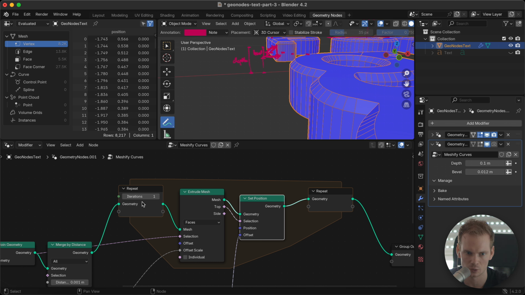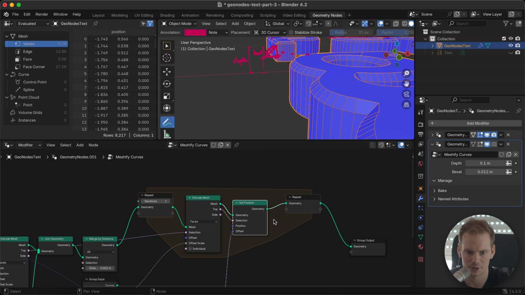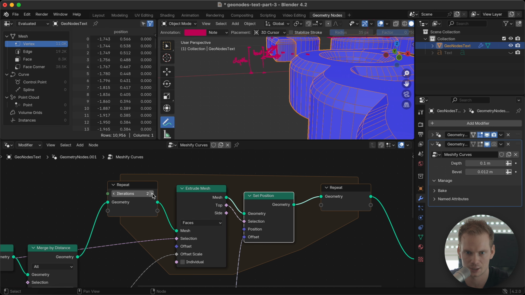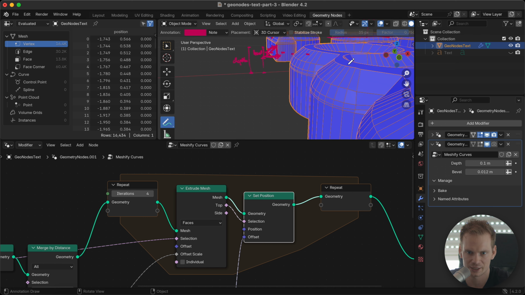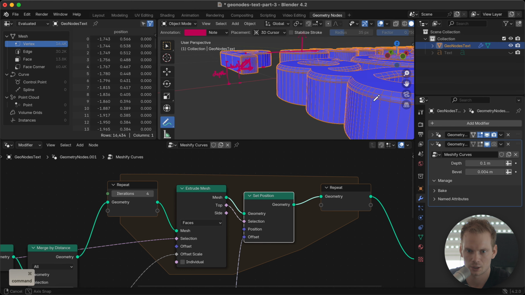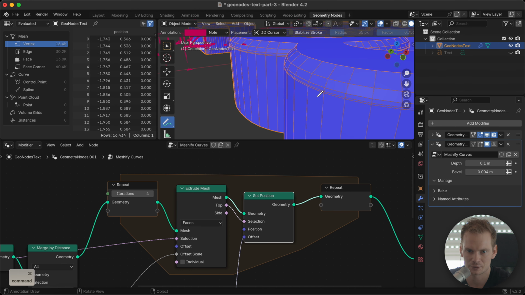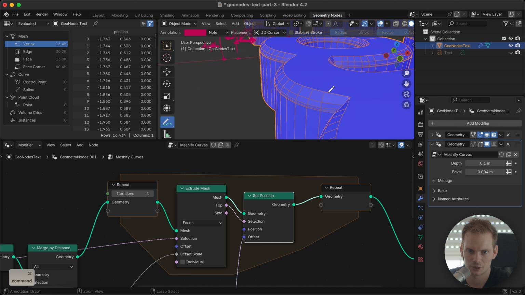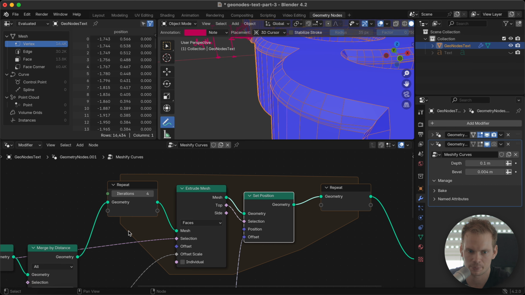So there's literally no difference because we only do one iteration. If you have a repeat zone with only one iteration, it's pretty much like you're just moving through this thing once, and these two nodes don't really do anything. They don't affect the geometry. But what we can do is more than one iteration, and then we get something that already looks like a little bit of a rounded bevel, which is pretty cool. It's not very nice. It's kind of random, but it looks pretty cool. And this is the power of the repeat zone. We can just repeat stuff.